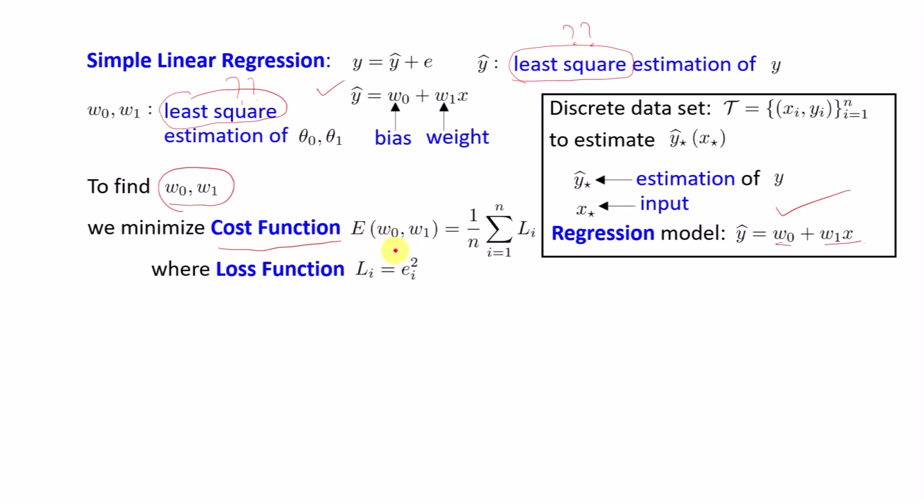Now to find this value of w naught and w1, what we do is we minimize the cost function, and cost function is defined as the average of the loss function, and the loss function is defined as the square of this e, that is the residual. For every data point there is an e. I square it up and I add them, I divide by n. This gives me my cost function. This type of cost function has several advantages, but one advantage we can quickly see here is that when I square this ei,